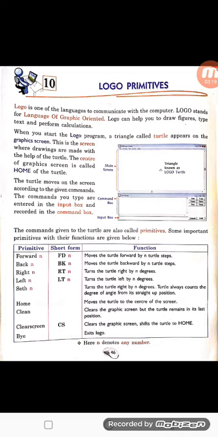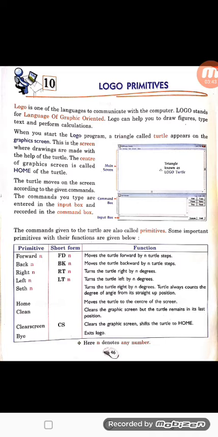Next one is clean. It cleans the graphic screen but the turtle remains in its last position. The screen will be clean if we use the clean primitive, but our turtle will remain on the position where we have left it. Next is clear screen, means CS.